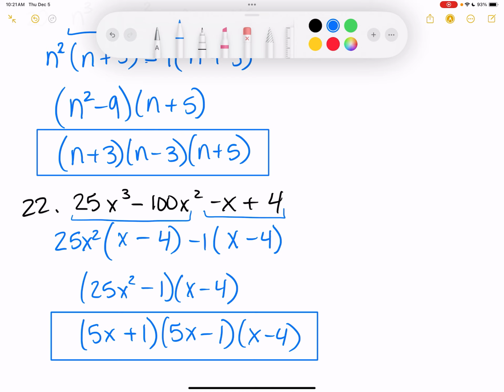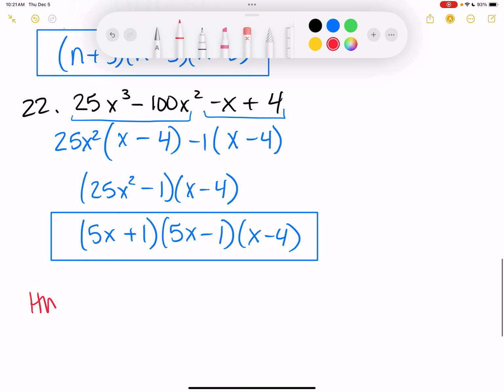And that's all that's in this section. So problems are 7,